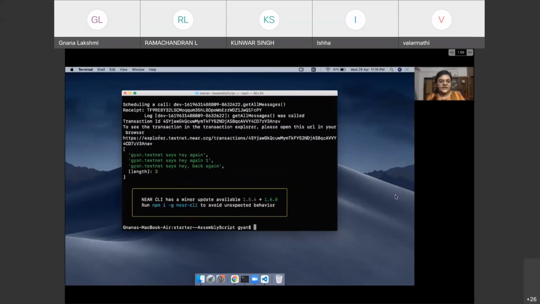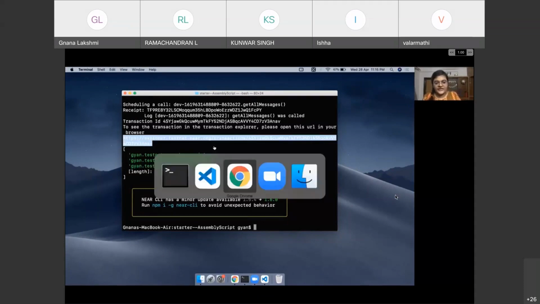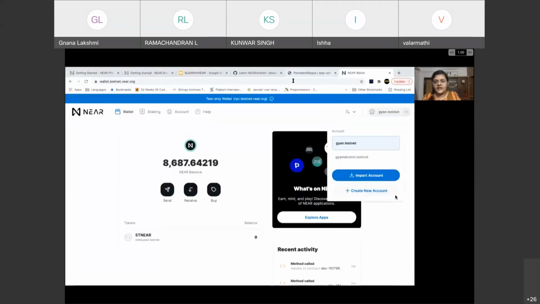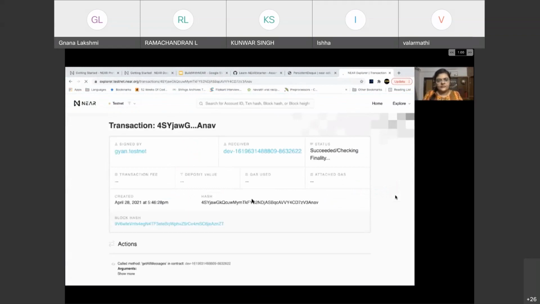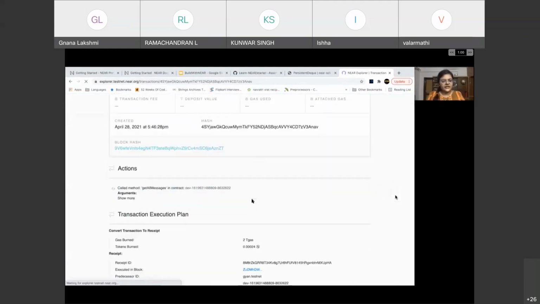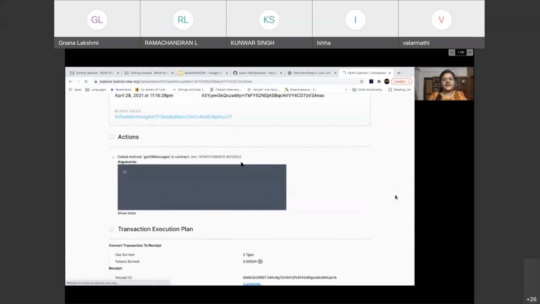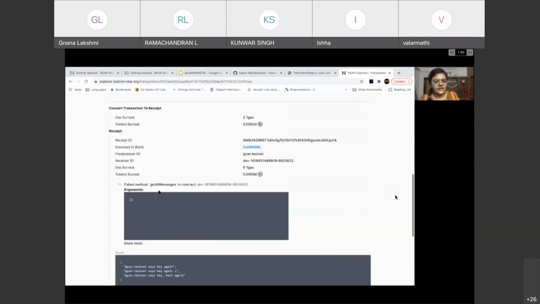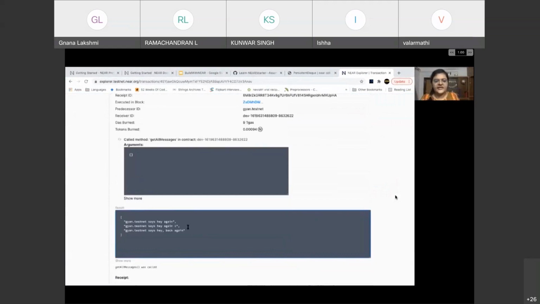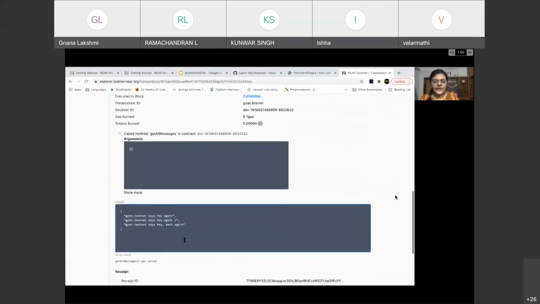Just before we close, let's see one of the transactions in the Explorer as well, right? So here you can see that this is get all messages in contract, the contract account ID. Then you can see what was the result, the console log that was printed.